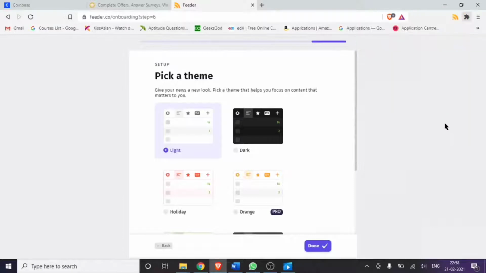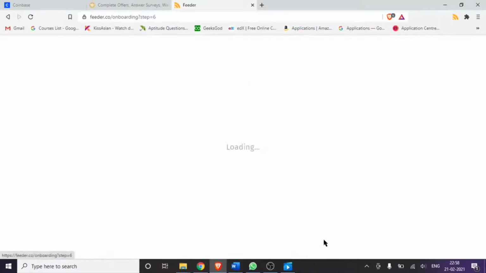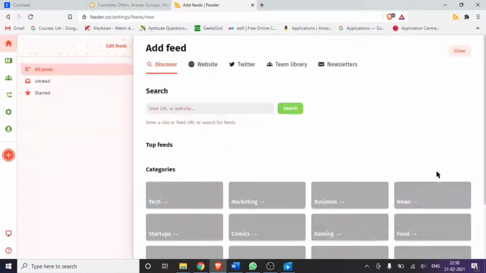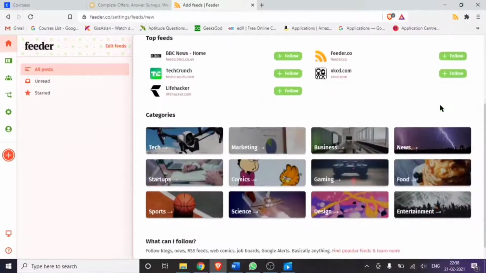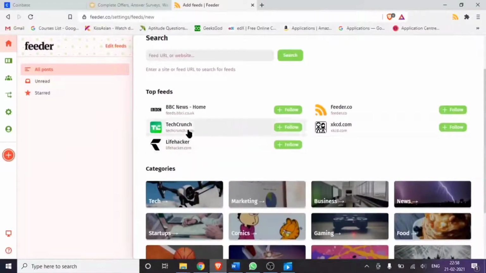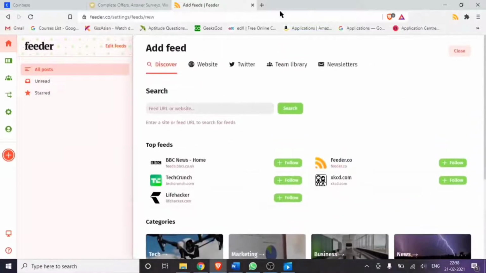This is my RSS feed reader symbol. I will go with the light theme, not a huge fan of dark theme. This is how your RSS feed reader looks. These are some of the news items which they provide.